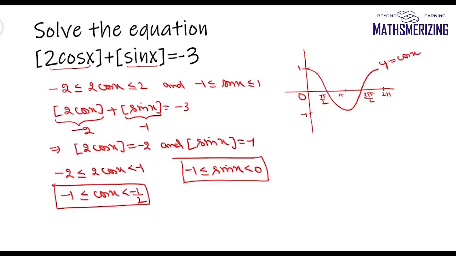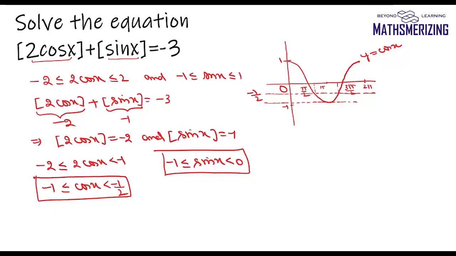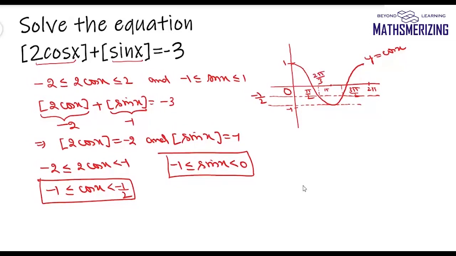of cos x lies between -1 and -1 by 2. So I'll need to find where it lies between -1 and -1 by 2. So these points, now cos x is 1 by 2 at pi by 3, and this is pi plus pi by 3, so there'll be 4 pi by 3. So that is, the value of cos x will lie between -1 and -1 by 2